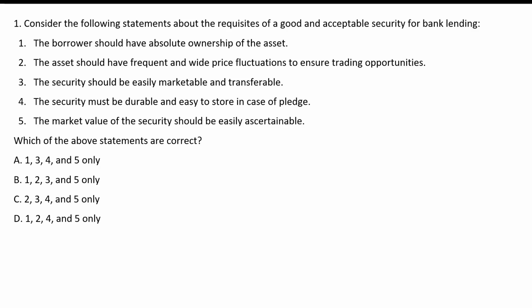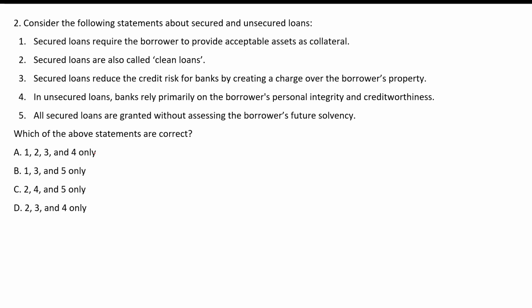Consider the following statements about the requisites of a good and acceptable security for banking lending. The borrower should have absolute ownership of the asset. This is correct. The asset should have frequent and wide price fluctuations. No. The security should be easily marketable and transferable. Yes. The security must be durable and easy to store. Yes. The market value of security should be easily ascertainable. So 1, 3, 4, and 5 is the correct answer, making A as the correct option for